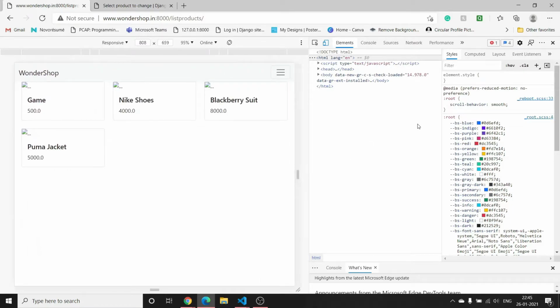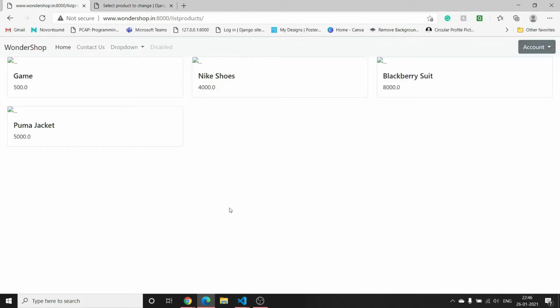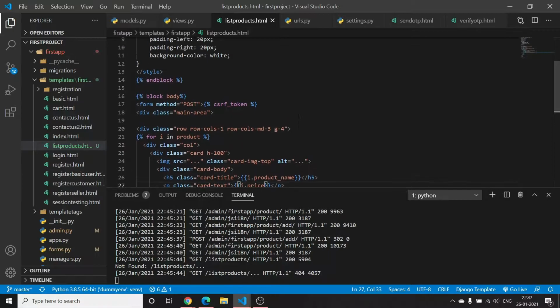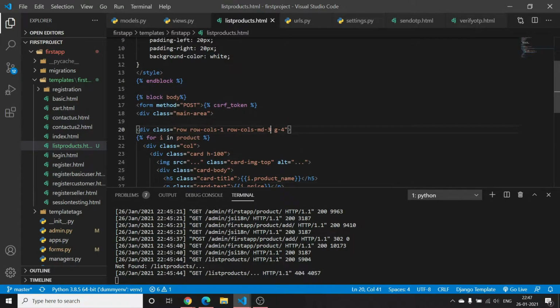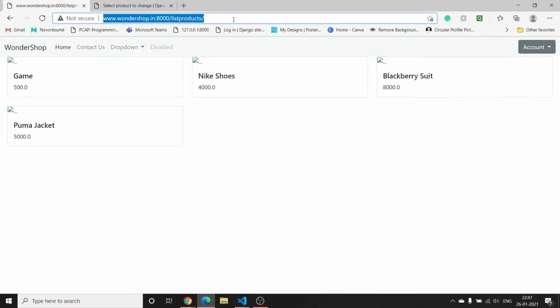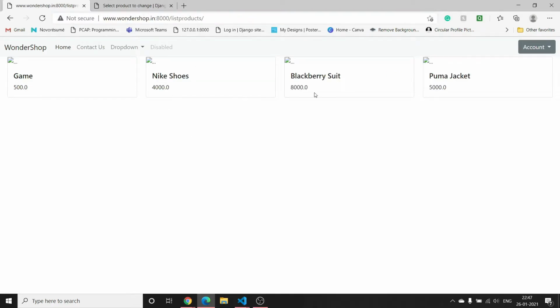Okay, so basically this is a card view. Suppose I want 4 cards in one row, then what I have to do is set this to col-md-4, and let's see what will happen here. So now I have 4 cards here, 4 cards of equal width.